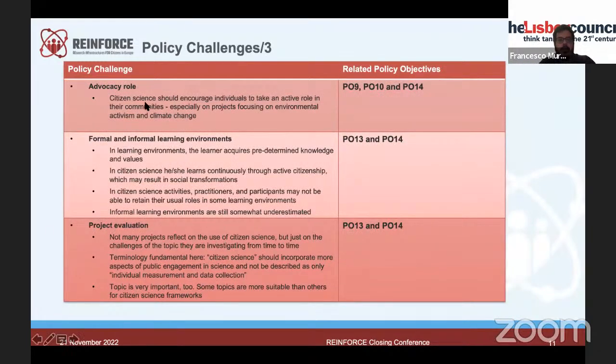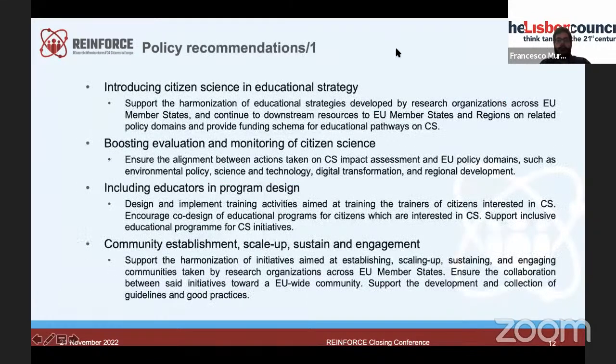Final policy challenges like what we spoke about before: the necessity to boost formal and informal learning environments, or, for instance, the project evaluation. For what concerns the policy recommendations, they are a set of about 15.